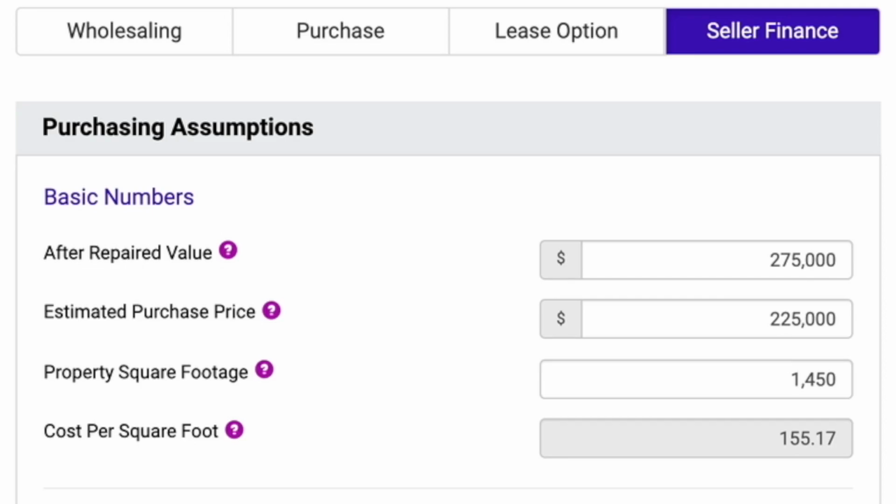So the very first thing is our after repaired value, which you can see at the top, which is $275,000. Now, of course, we ran comps and similar sales and feel that this property could sell for $275,000 in tip-top shape. Our estimated purchase price, which the seller agreed to, is $225,000. The property is 1,450 square feet, which gives us a cost per square foot of